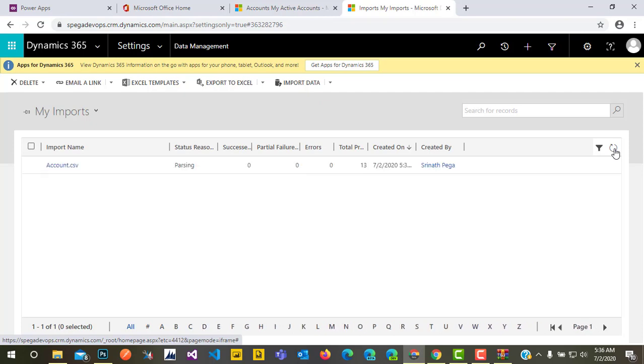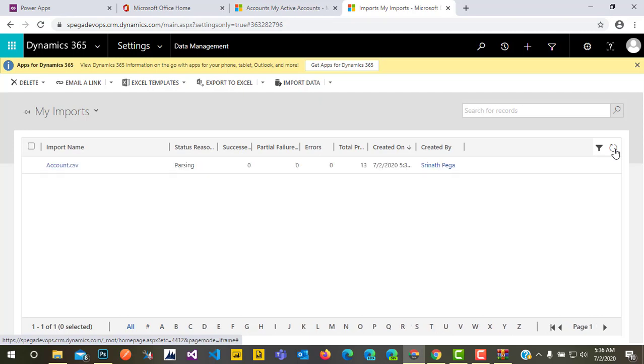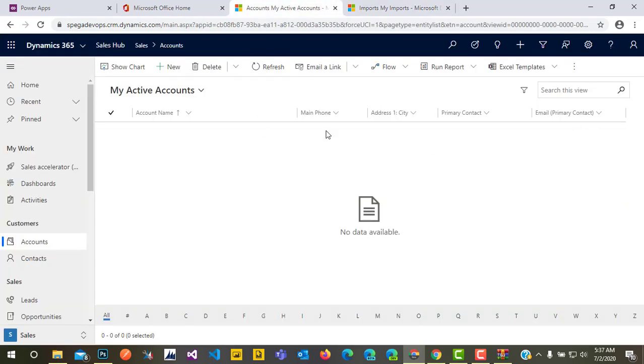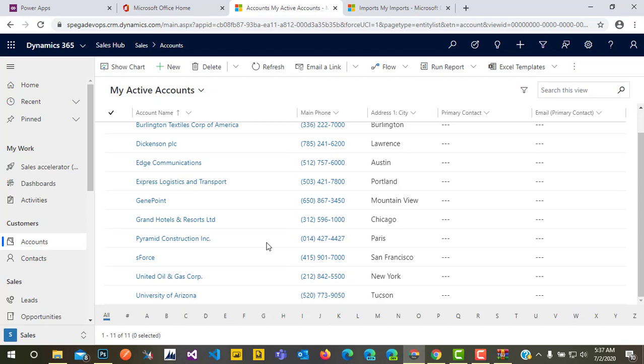It's parsing, it's importing. Yeah, it's completed. Let's check these records in the account entity. Let's refresh. Yeah, it got imported over here.